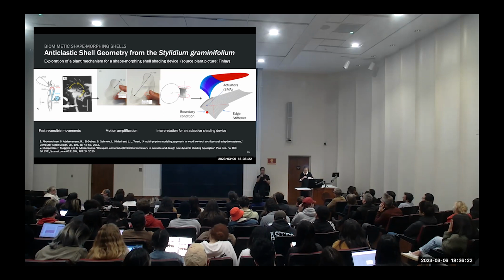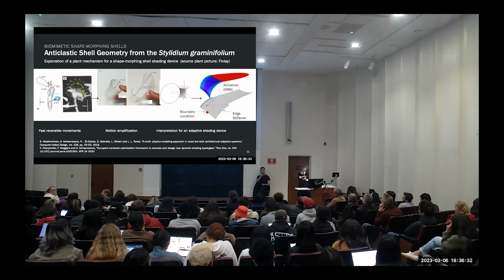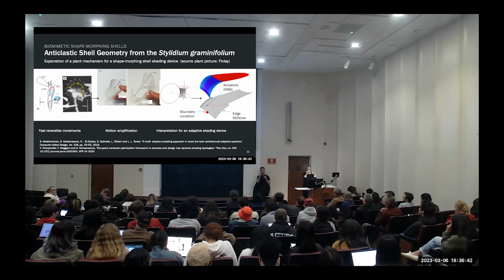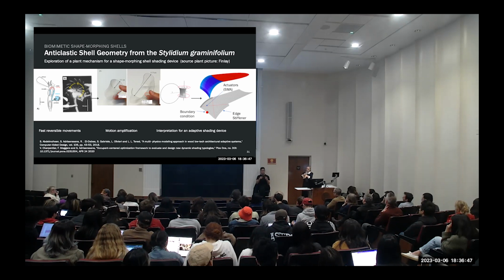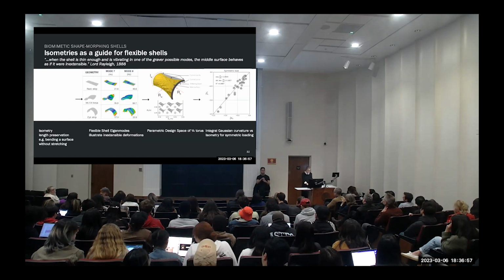And so we started imagining how we could make a shell shading device that has an actuator based on this torus, and then a passive lip that lifts up. Because for the shading device, this thing either needed to lift up or it needed to twist. So imagine we would put two shape memory wires, and then we could either heat them up at the same time, which would lift the lip, or just activate one, which would shorten one of them, and that would cause twisting of the top.